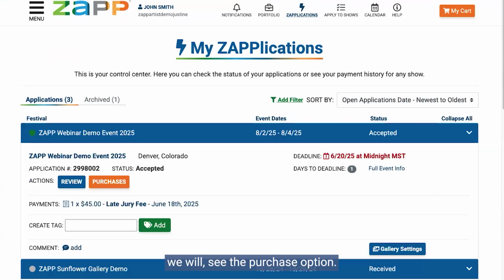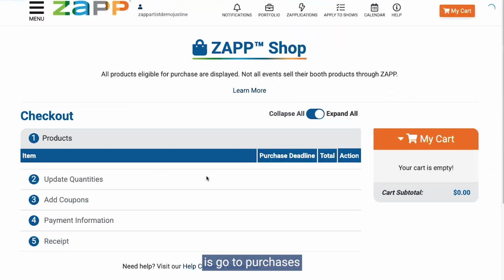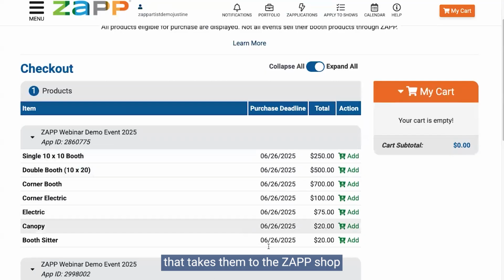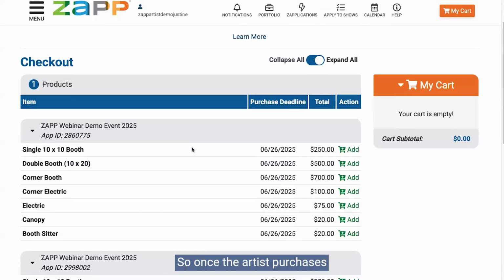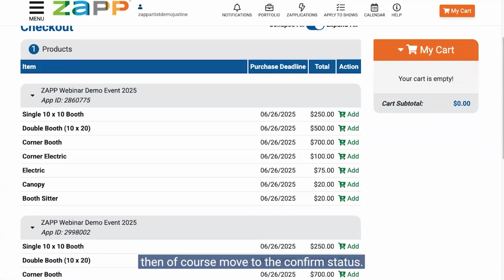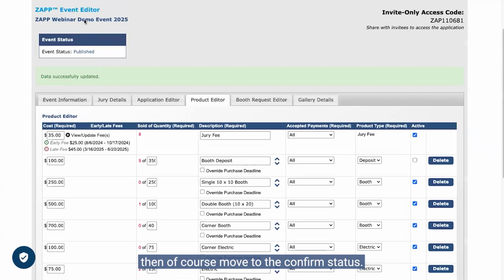And so then we will see the purchases option. That is really what they need to do, is go to purchases. That takes them to the ZAPP shop where they can purchase the booths. So once the artist purchases everything, they will then, of course, move to the confirm status, and then we are